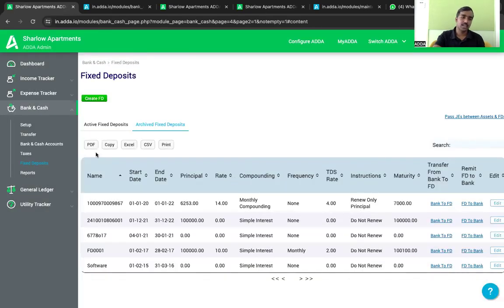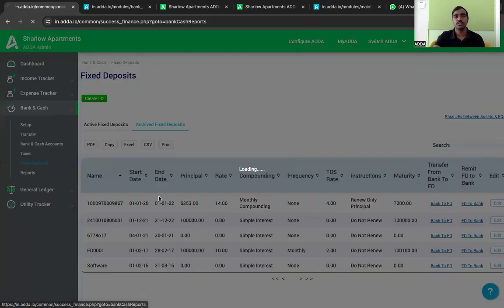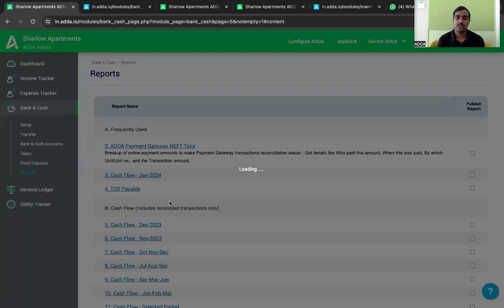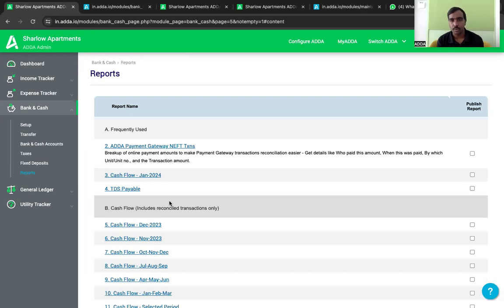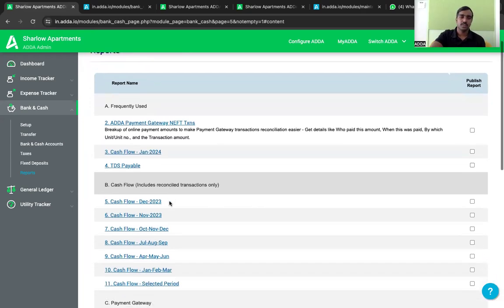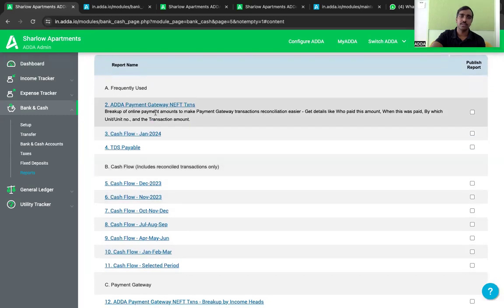Now let's see the last feature of bank and cash: reports. Very valuable reports are available over here. For example, the first report that you have here is the ADDA payment gateway NEFT transactions. So since it is a test instance, I will not be able to show this report to you, but if you are using in your real account, this will give you the breakup of